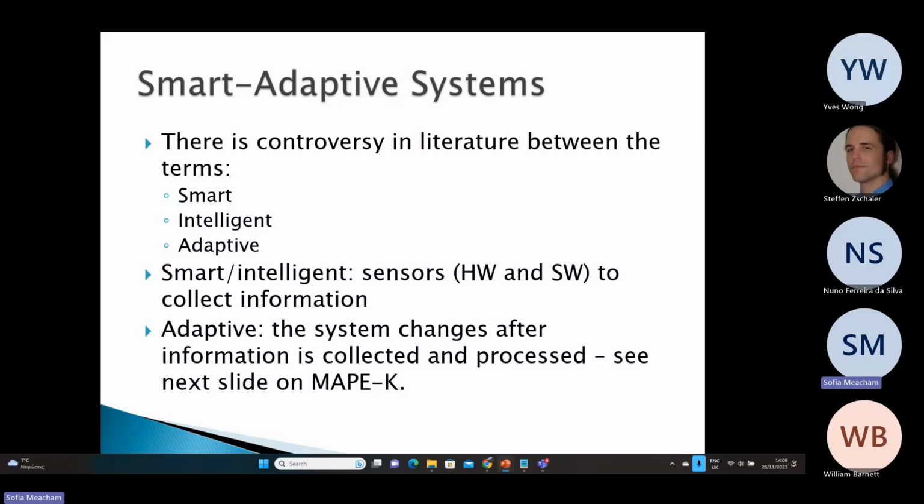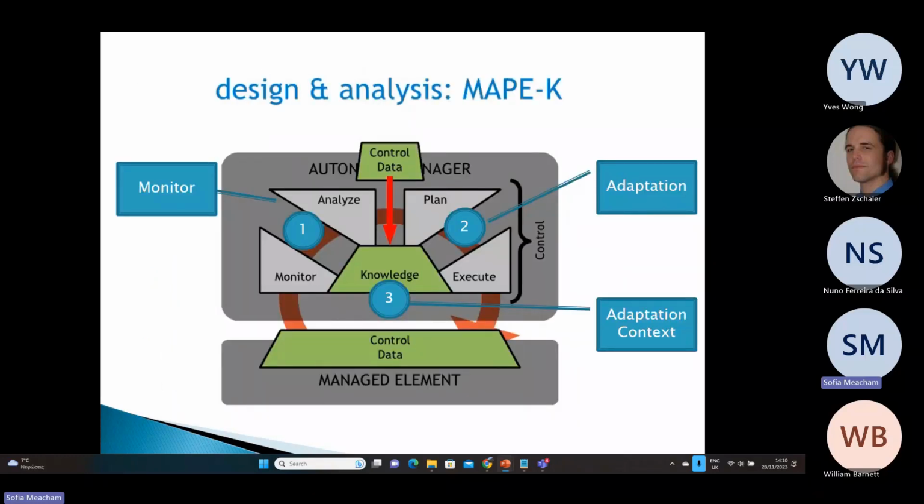But this discussion here is not at the level where we are choosing specific sensors and talking about the specifics of an architecture based on this technology. It's a higher level of description, and that's where the adaptive part comes in, where we look at how you utilize the information that you collect from a smart intelligent system, and you create a system that is able to adapt itself. All of the adaptive work is based on the MAP-K loop, which is a standard architecture for adaptive